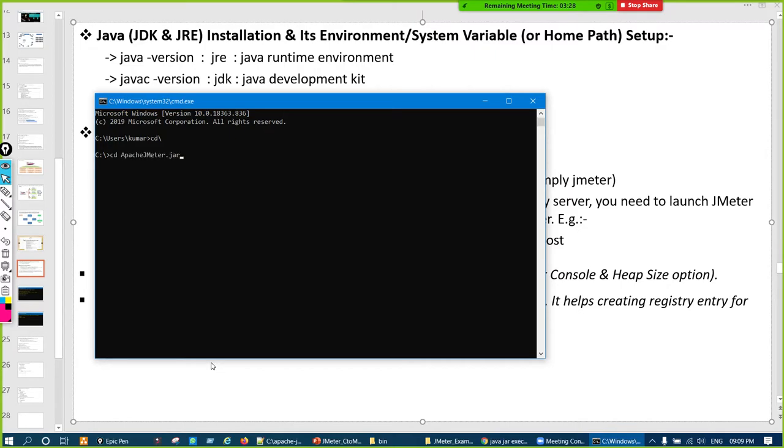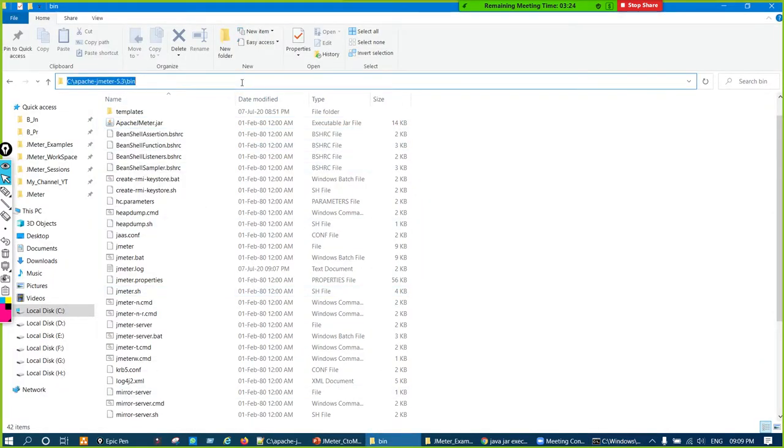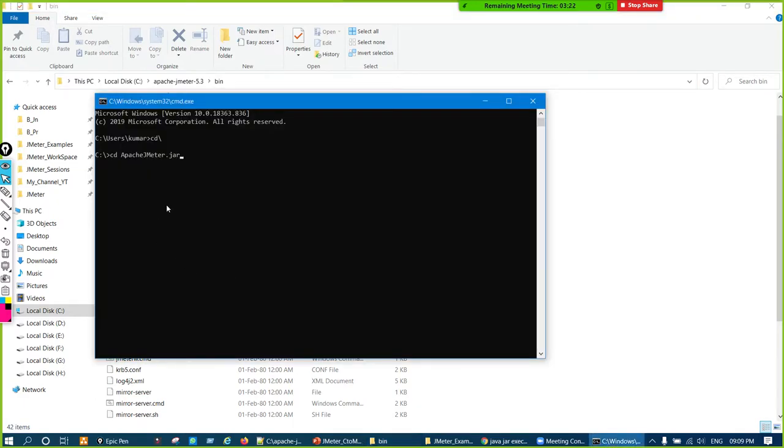This is the full path. cd bin, okay, and then simply type JMeter. Simply JMeter, okay. No .bat, no .jar, anything. Simply JMeter, and JMeter will launch.